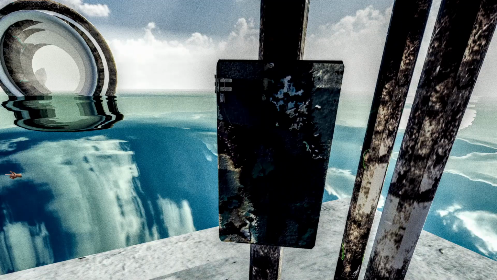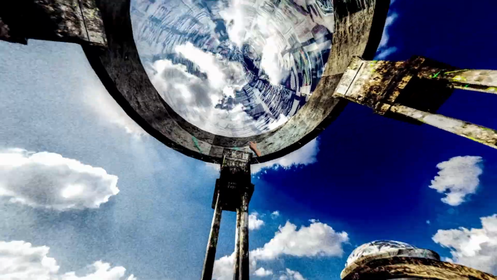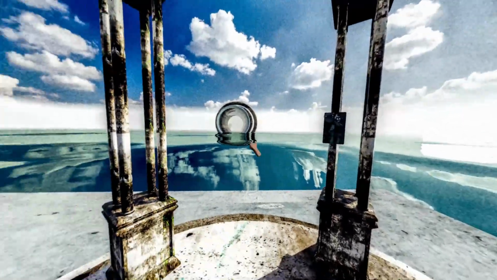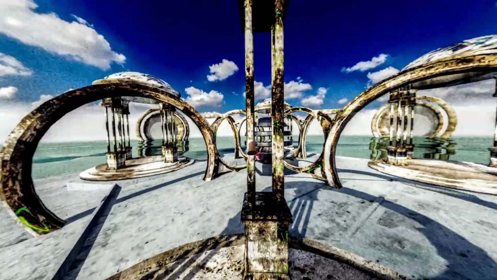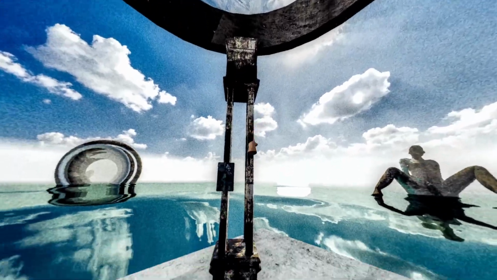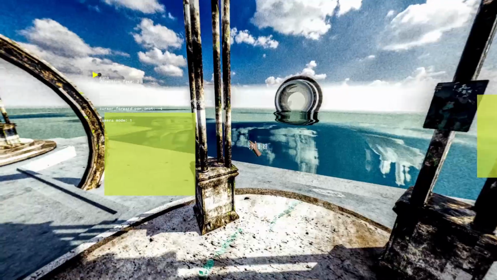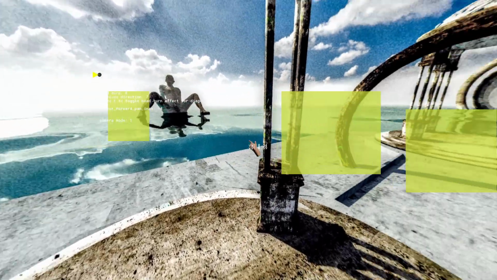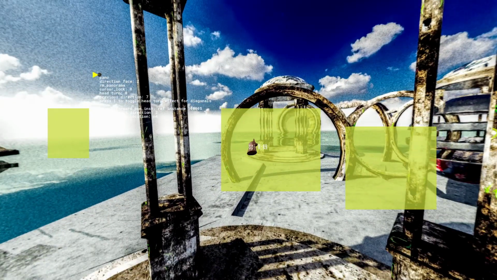In the last video in that series, I talked about how it's possible to create a 360 node system. So freeing yourself from a forced perspective and giving the player the ability to look around 360 spherical nodes. Well, that system has evolved quite a bit since I made that tutorial because I'm actually working on a new video game called The Fifth Space, which relies entirely on this new method. So I thought I'd take the opportunity to showcase some of the things that I've been building inside this